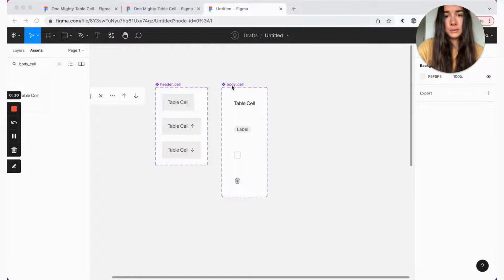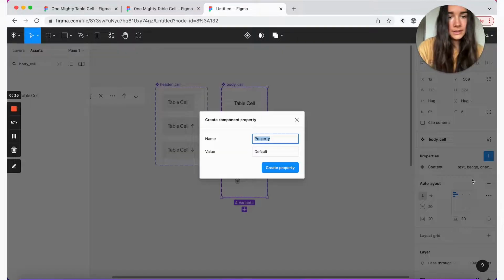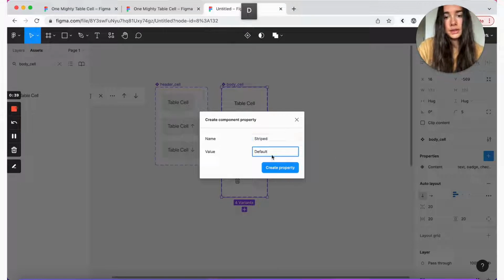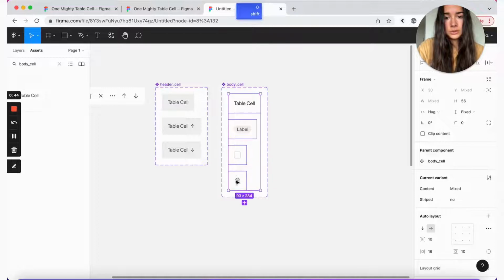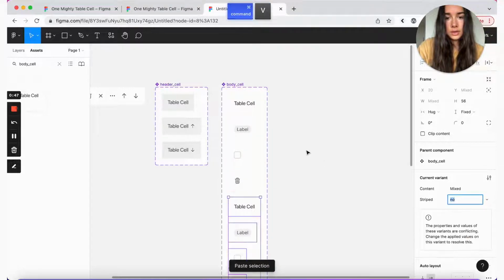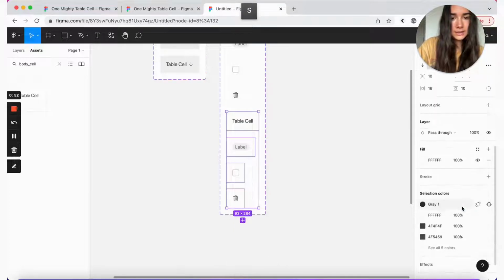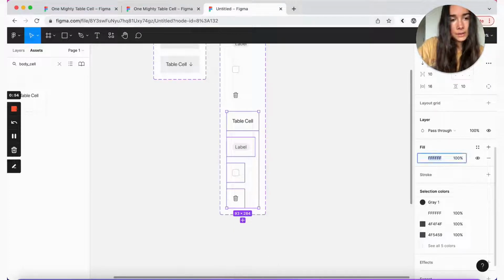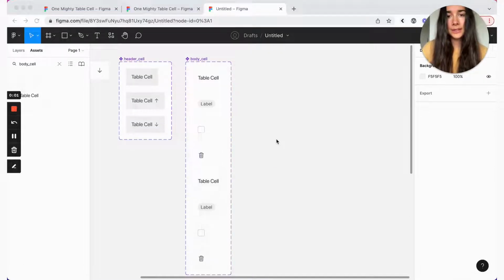And for this one, we first are going to create a new property, a new variant, and let's say striped, and the default will say no. And then we're just going to copy this set, and for this one we'll say yes, and we'll also give it a very, very slight gray fill. So now we can test out our body cell component and see how we can improve it.